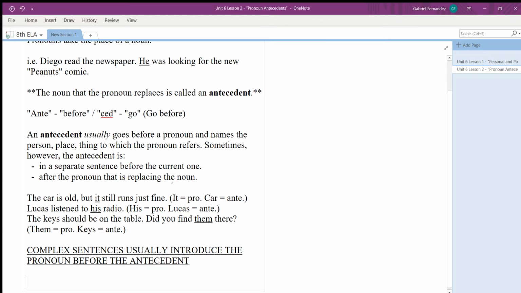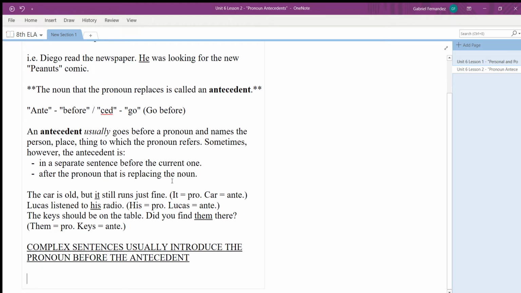Because a complex sentence, I know, it wants to be complex, it wants to be complicated, begins with what we call a subordinate clause, which begins with a subordinating conjunction, which would use a pronoun in the first half of the sentence, before the antecedent in the second half, instead of the pronoun appearing after the antecedent. So let's go ahead and give you an example of that. Although he was absent,